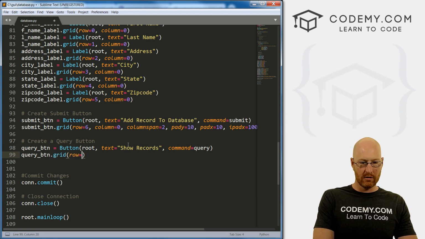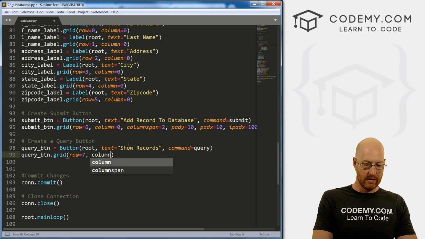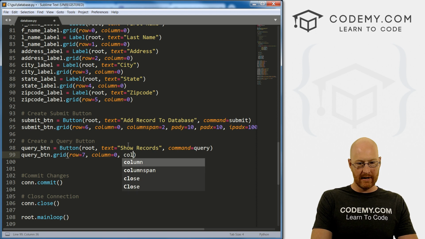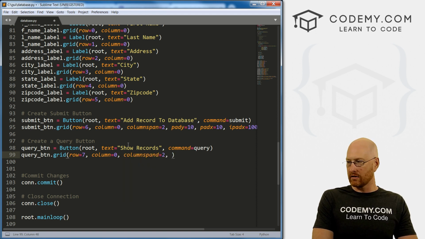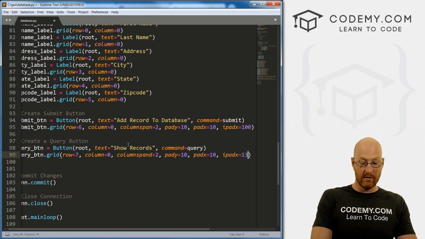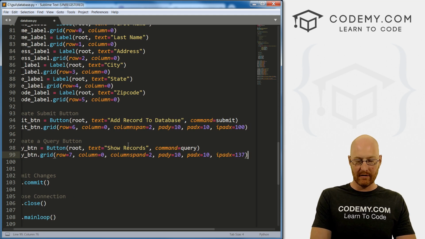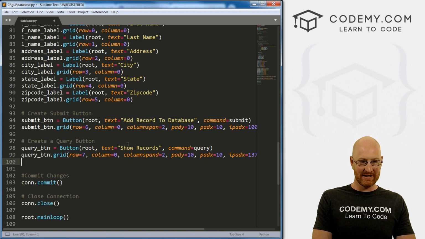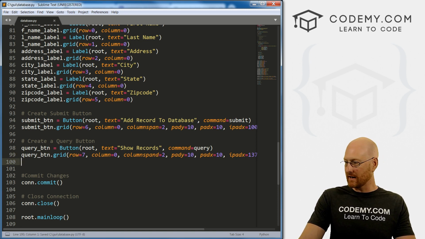And so we're in row 7 now, column equals 0. And again, we want to column span this guy to 2. And let's go pady equals 10 and padx equals 10. And let's stretch this with ipadx equals 137, which I happen to know is a very nice size. So if we save this real quick and just look at this,